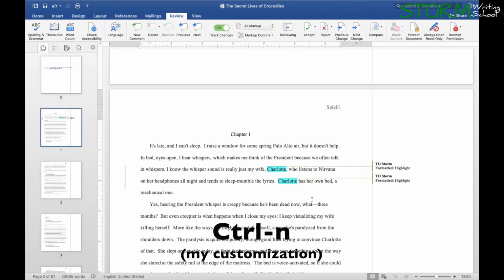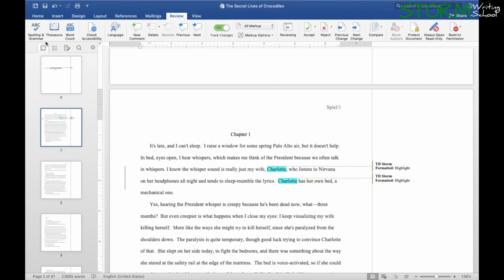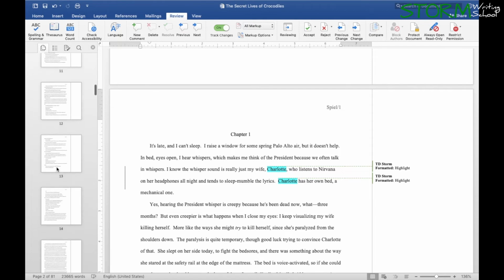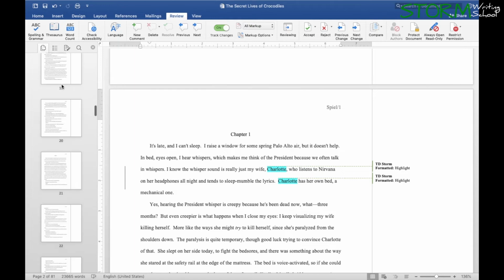For me, that brings up this thing over here, which is called the navigation pane. You can find that under View, Sidebar, Navigation. There's the thumbnail, navigation, reviewing, and search is what you have over here in this pane. So this is the thumbnails. It's the page viewer. It allows you to get sort of mini portraits of all of these different pages in the document, which is somewhat handy for navigation quickly.